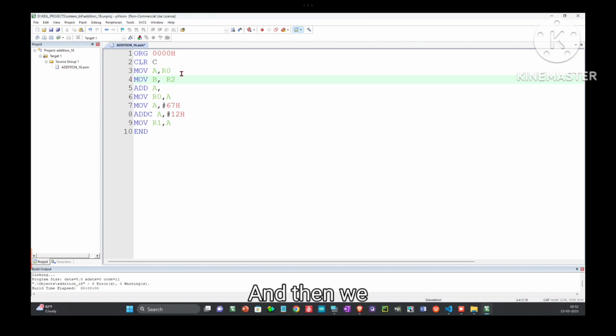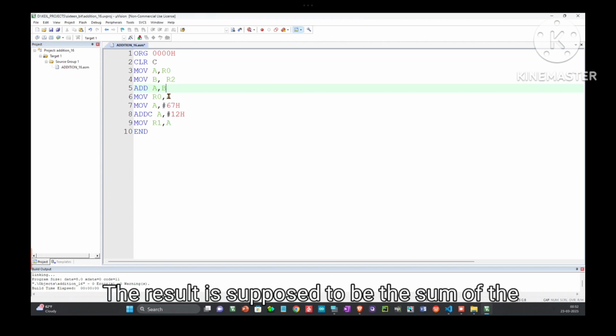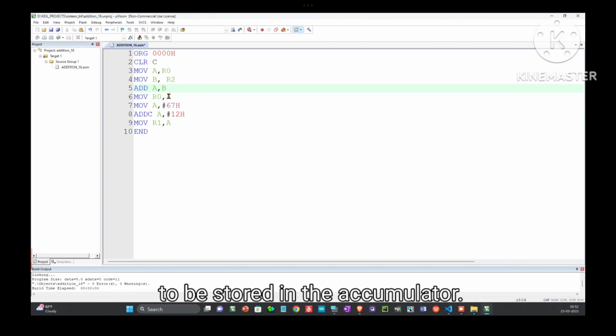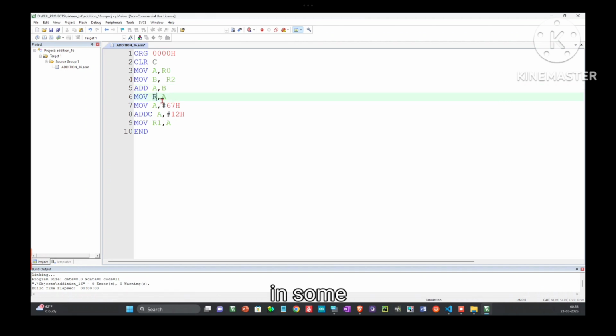And then we can add A and B. The result, suppose the result means the sum of the two low bytes, is supposed to be stored in the accumulator, and that sum, or the lower byte of the result, can be stored in some location like R5,